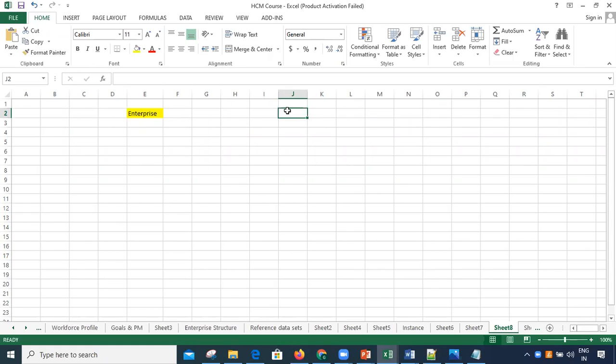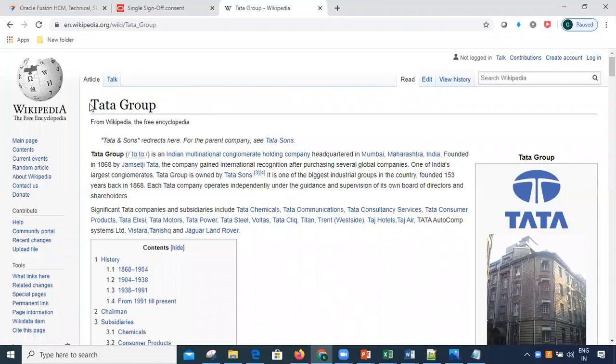What is that enterprise? A logical top level assumed entity. So in this scenario, the Tata Group will be the enterprise, the top level assumed entity. We can say it is a mother holding company. Under this Tata Group, all the companies of Tata will flourish. Like that, you can take Reliance Industries.